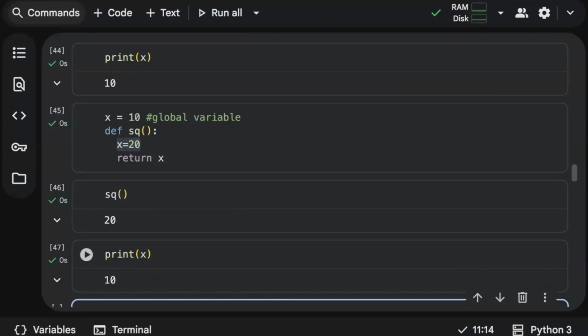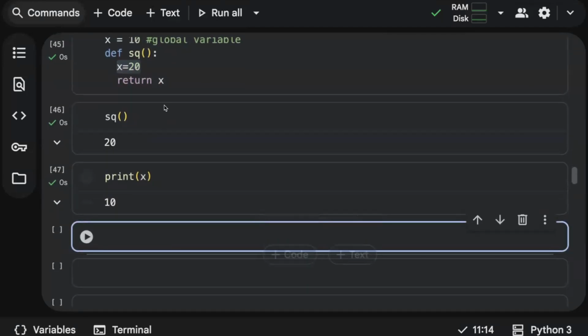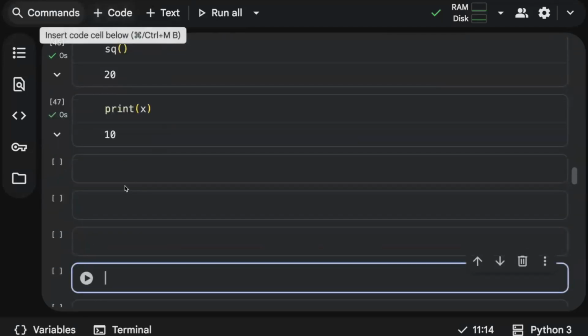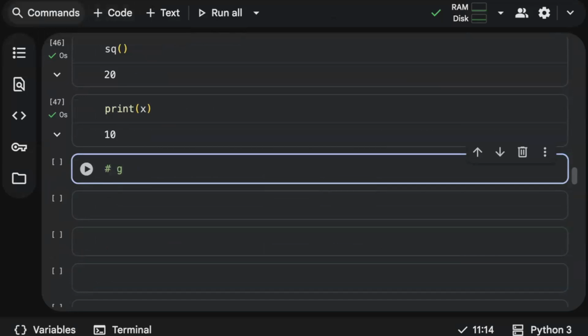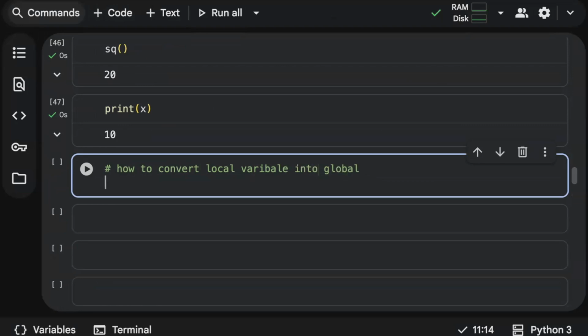So now the question is, how do you make your local variable a global variable? How to convert a local variable into global? Any idea? So very simple. Let me define a function, square root of.